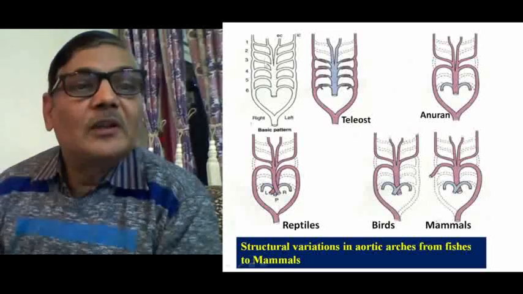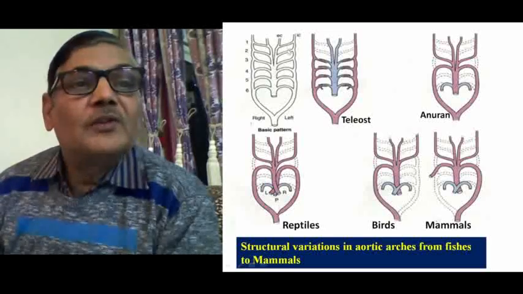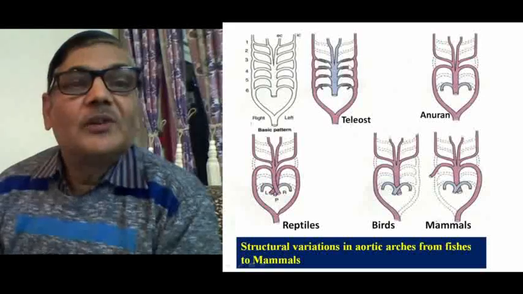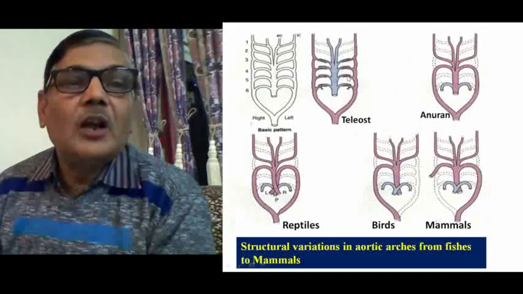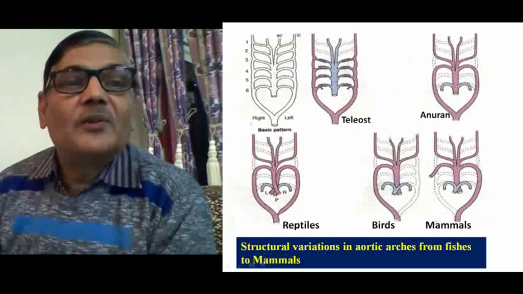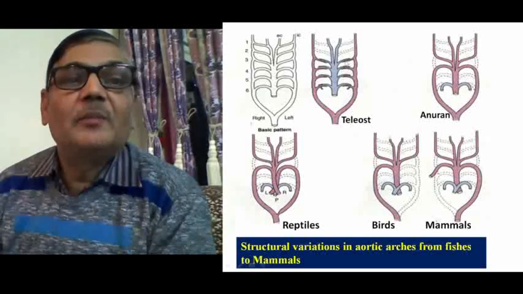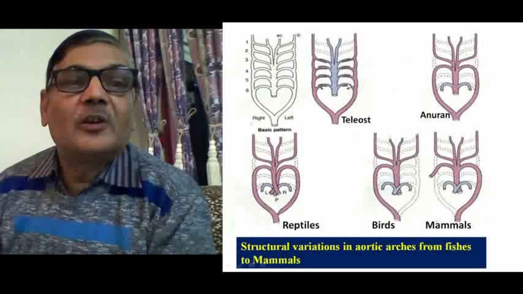What we are observing is the basic pattern in which you can see the presence of 6 pairs of aortic arches, that is first, second, third, fourth, fifth and sixth. These are 6 pairs of aortic arches which are coming out from either side of this ventral aorta. But in case of teleosts, since only 4 pairs of gills are there, they have 4 pairs of aortic arches, that is first, second, third and fourth. In fact, the real first and second are absent, and these 4 are persisting, but they are being named as first pair, second pair, third pair and fourth pair.